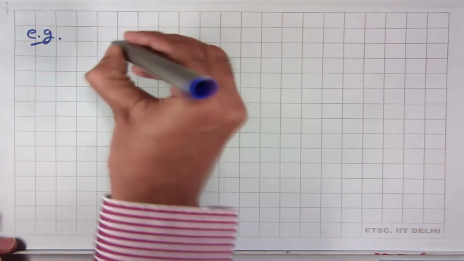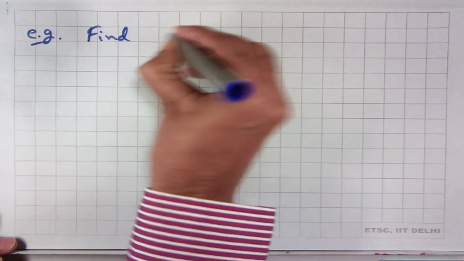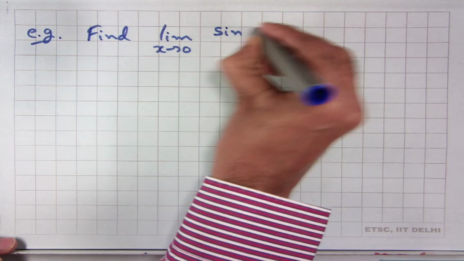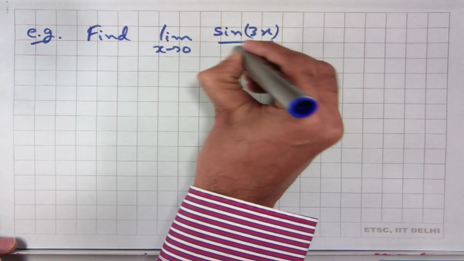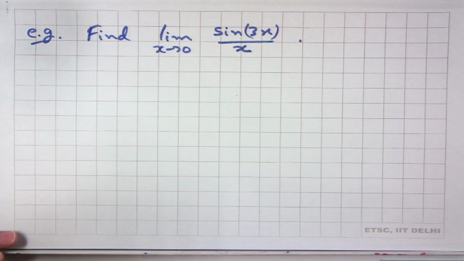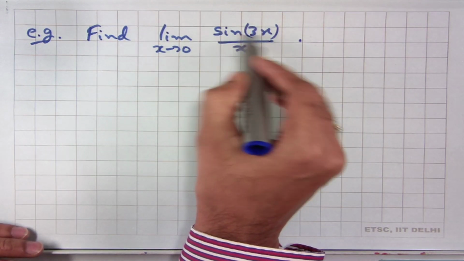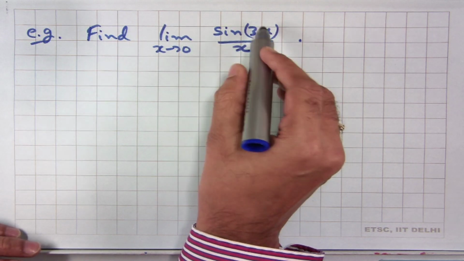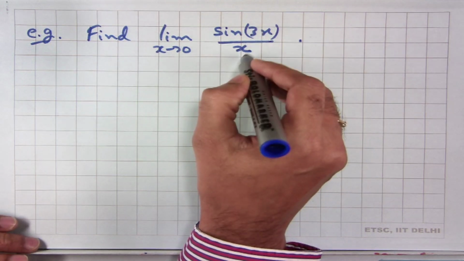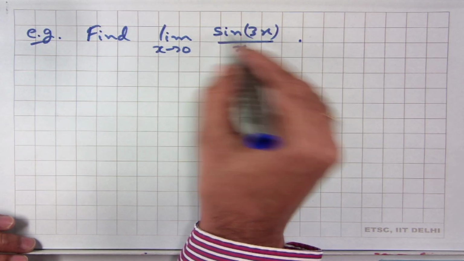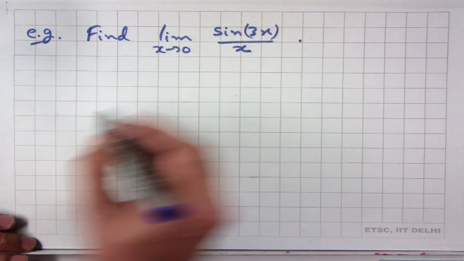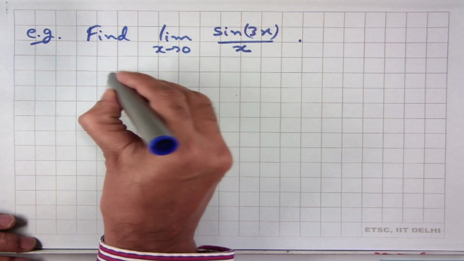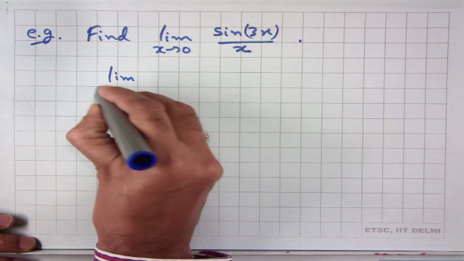Another example: find the limit as x goes to 0 of sin 3x divided by x. Many students make mistakes, thinking that sin 3x is going to 0, x is also going to 0, and we have seen that the limit of sin x by x is equal to 1, but this limit is not equal to 1. Here we need to use the same thing. So, we write the limit as x goes to 0